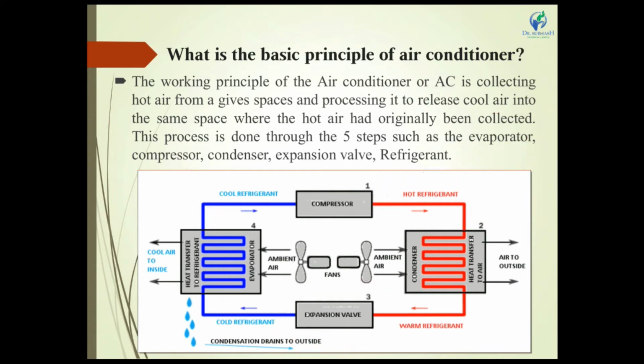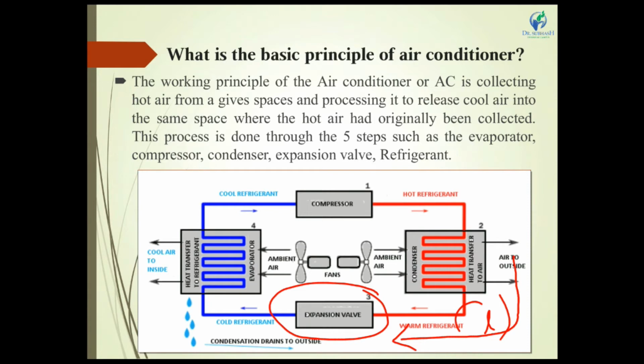In the throttling process, the pressure drops completely and the refrigerant temperature also goes down, as per the relation PV = nRT. This means the working of the expansion valve is to give a pressure drop and temperature drop. The refrigerant passes from the condenser in a liquid state, and the liquid passes through the expansion valve.